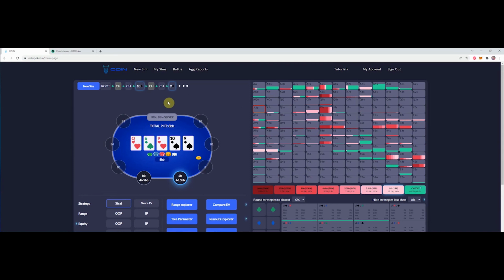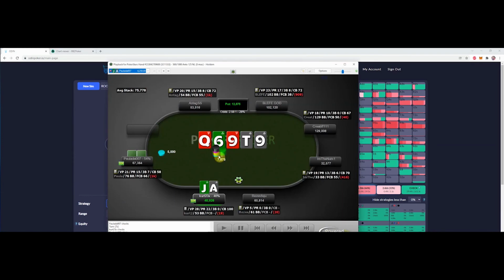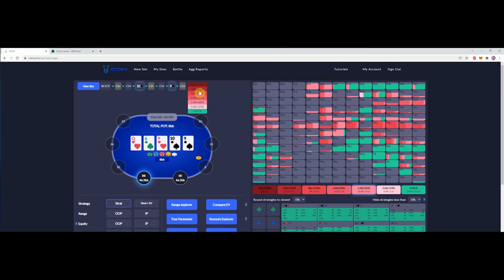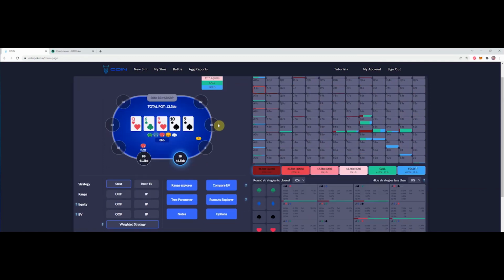And what I'm really interested to see here is what our minimum defense frequency is versus a value bet. So he bets 5K. How many big blinds is that? We're at 1K big blinds, so 5K is 5 bigs. So this is about 66% pot. And interestingly enough, this is pure calling here, and also mixing in some bluff raise,